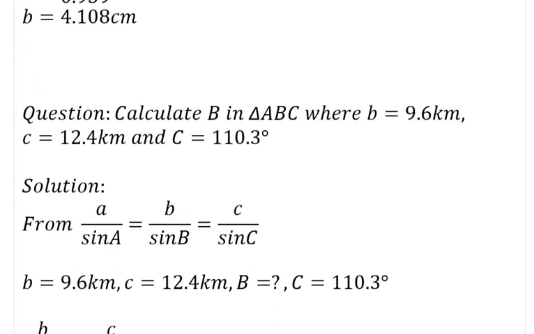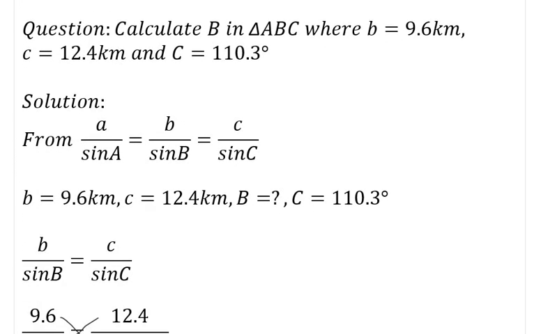Awesome. This is another question. The question says, calculate B in triangle ABC where b is 9.6 kilometers, c is 12.4 kilometers, and your angle, capital letter C, is 110.3 degrees. Awesome. Remember, we said